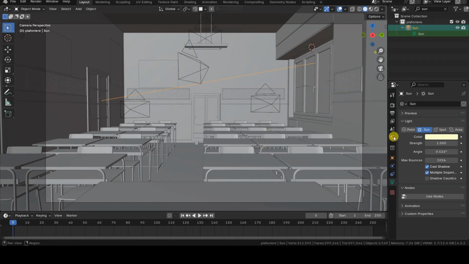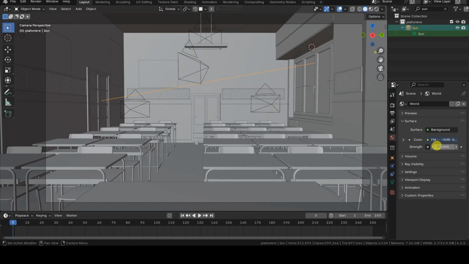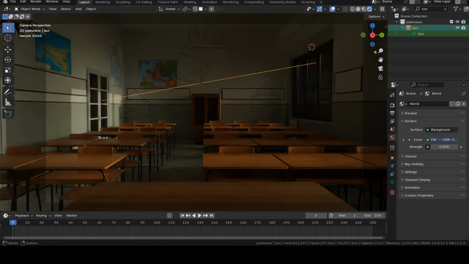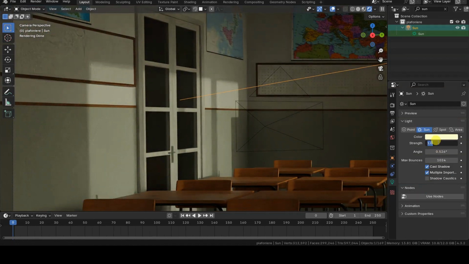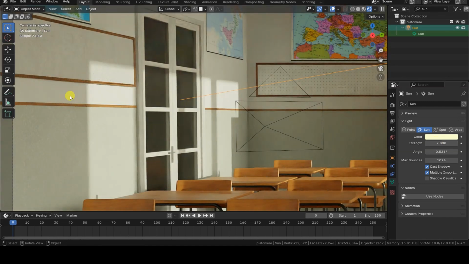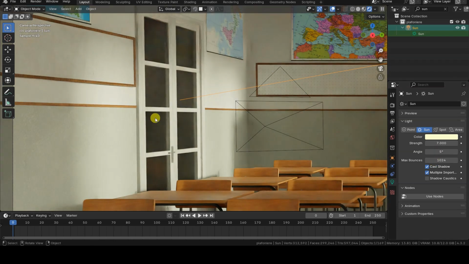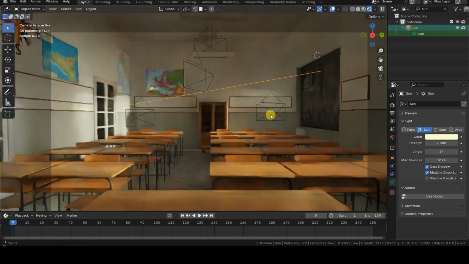To evaluate both the intensity and spread angle of the sun, I temporarily set the world ambient lighting intensity to 0, so I can assess only the sun lighting in a rendered view. For my rendering, I set the light intensity to 7 and change the angle value to 5. This particular value affects the shadows cast by the sunlight source. Higher values will result in softer shadows, meaning they'll be more diffused and blurred.